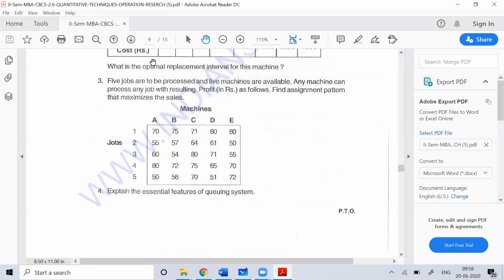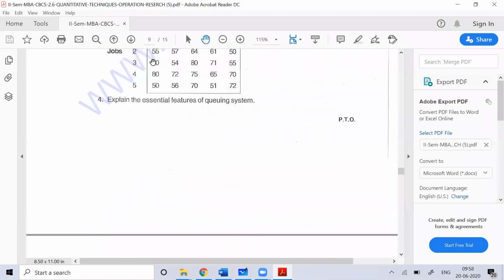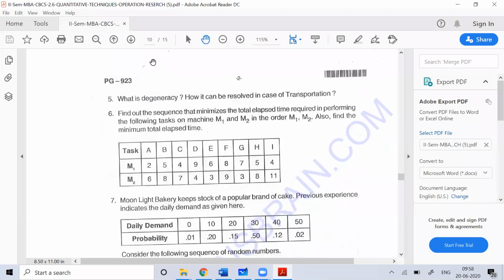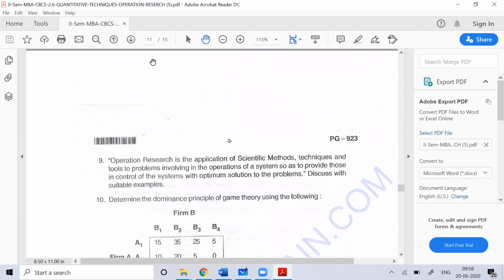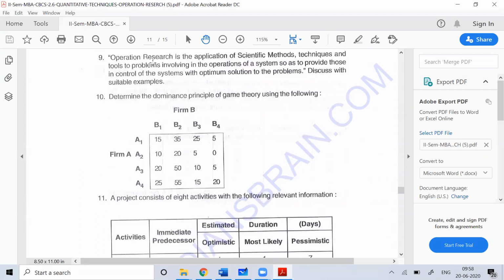Any other? Let me just check any other problem on game theory. If you have more question papers from other colleges in Bangalore and elsewhere, you can give them to me. You can send me those question papers from other colleges. Any part doesn't matter. It doesn't mean that it should be from Bangalore City. If it comes from Mysore or anywhere, it doesn't matter for me. I'll solve for you. MCOM also has this subject. If you want them also to be discussed, I'll do that.